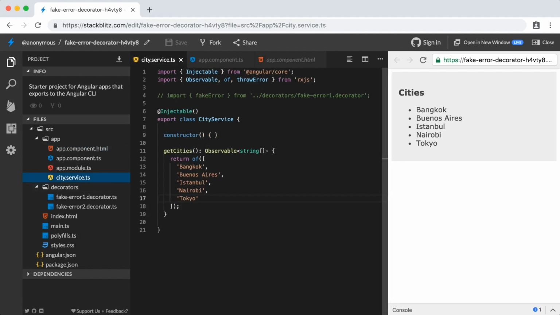The other piece that we want to take a look at here is the city service. The city service is very simple. It just has one method in it, getCities, and it returns an observable of an array of strings. And I'm just using the of operator to create an observable and passing in my array of strings directly. But you can imagine that this would work pretty much the same as if you were retrieving data from a server. So if you had something like